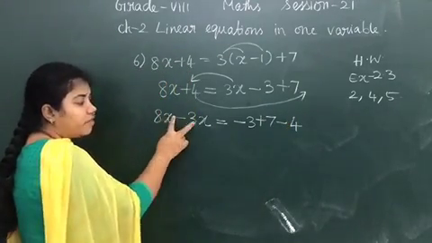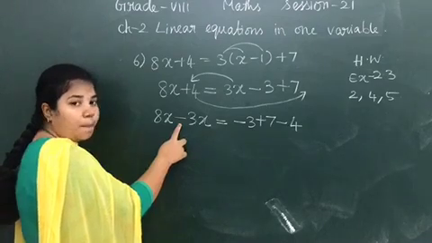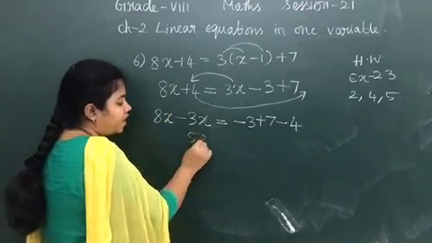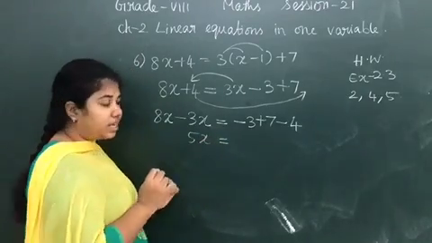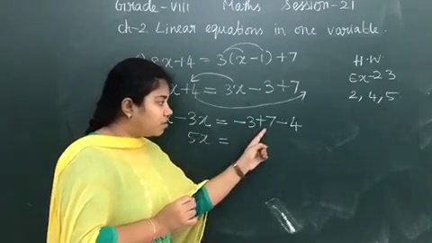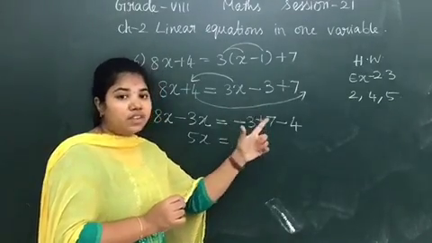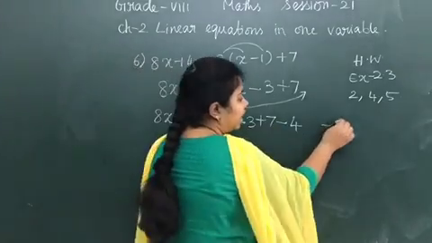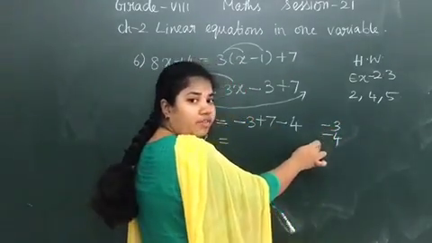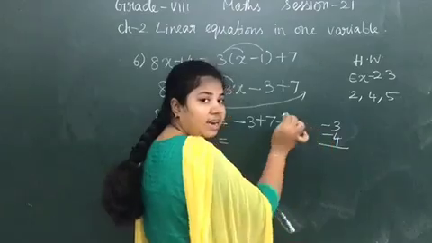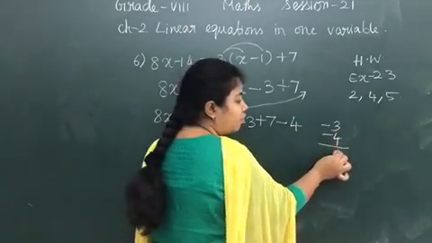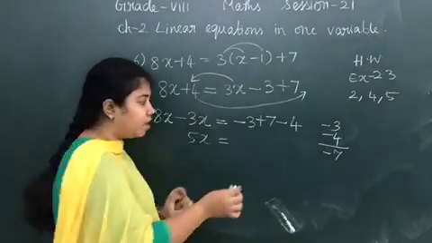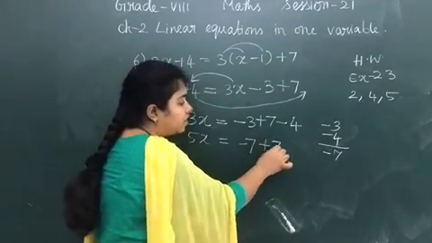Okay, now the variables are same and the basic operation is subtraction. So 8 minus 3 is 5. 5x is equal to, now listen here, I have negative and positive numbers. So first let us add the two negative numbers. What are the negative numbers here? Minus 3, minus 4. If it is two negative numbers, what will you do? You will add and write the negative symbol. Addition of 3 and 4 is 7 and negative symbol is minus. So minus 7 plus what is the remaining number here?